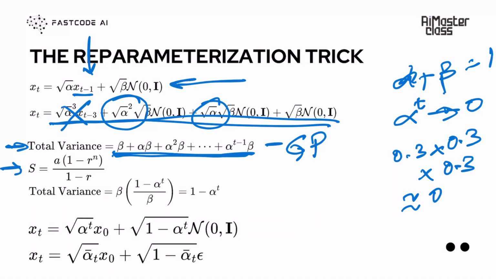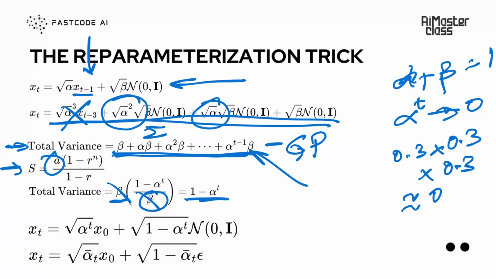And the formula to sum up this GP is the first term a into 1 minus r to the power n. What is r? R is essentially the factor, and the factor in our case is beta, right? And what we are saying is, okay, it's a, which is the starting point, which in our case is beta, into 1 minus r to the power n. Sorry, in our case r is alpha. So 1 minus alpha to the power t upon 1 minus r. So 1 minus alpha is again beta, so we have written beta here. And then this beta and this beta get cancelled, so it becomes 1 minus alpha to the power t.